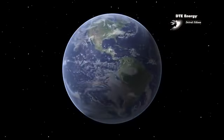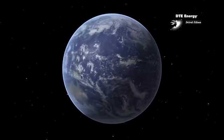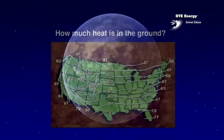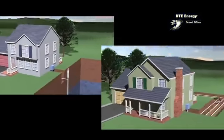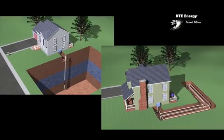possibilities for energy savings. Geothermal energy systems use the natural warmth of the earth to heat and cool your home. Nearly half of the solar energy that reaches the earth remains stored in the ground at a constant temperature of about 50 degrees. With geothermal technology, there are two basic ways to capture and use this heat, with open-loop and